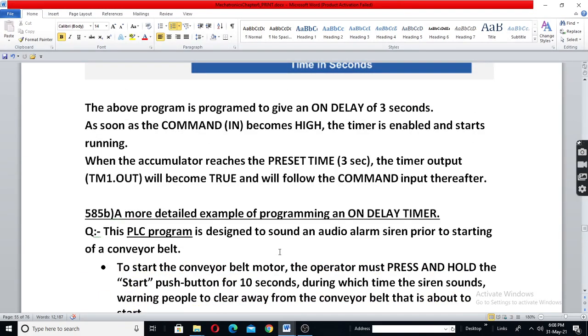Now we will see a detailed and more important, a good example where the on delay timer is used.